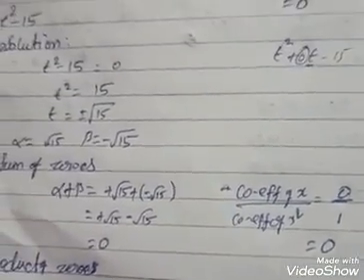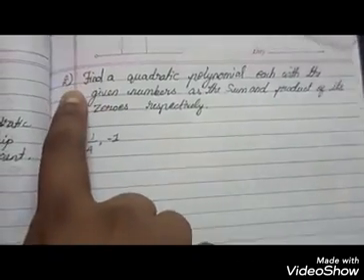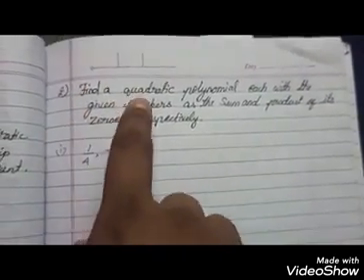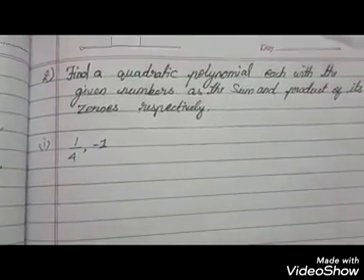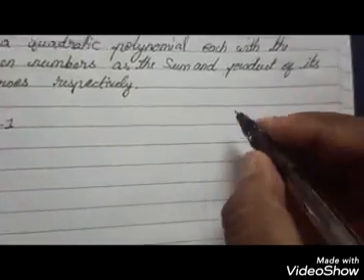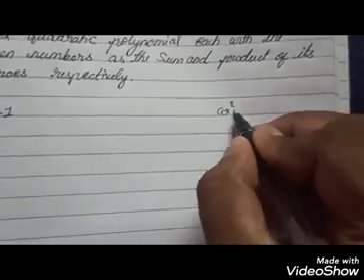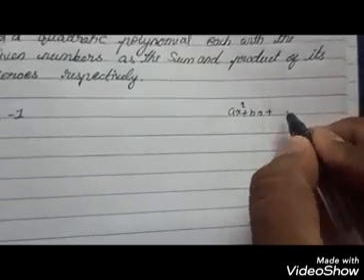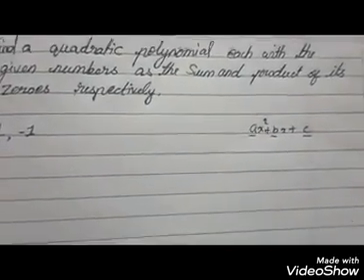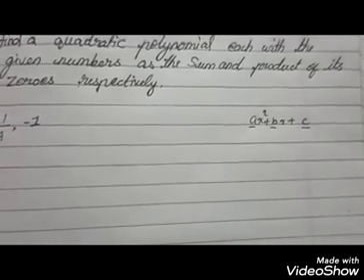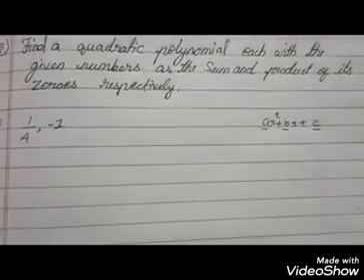Next we move on to the second Roman. In the second Roman we have to find out the quadratic polynomial expression. So already you know the basic form of quadratic expression. It should be ax square plus bx plus c. So by using this coefficient and then constant term, we have to find out the sum of zeros and the product of zeros in the previous Roman letter, previous questions.